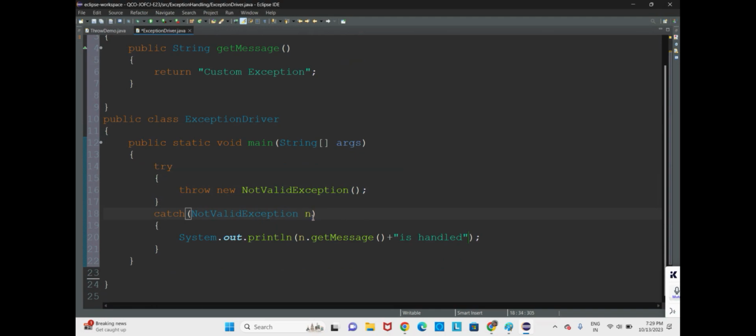So this reference will catch the object reference. This reference variable will catch the reference of the not valid exception object. Okay. So after catching, we shall tell that the exception is handled. Now here, with the help of getMessage, we will easily access this